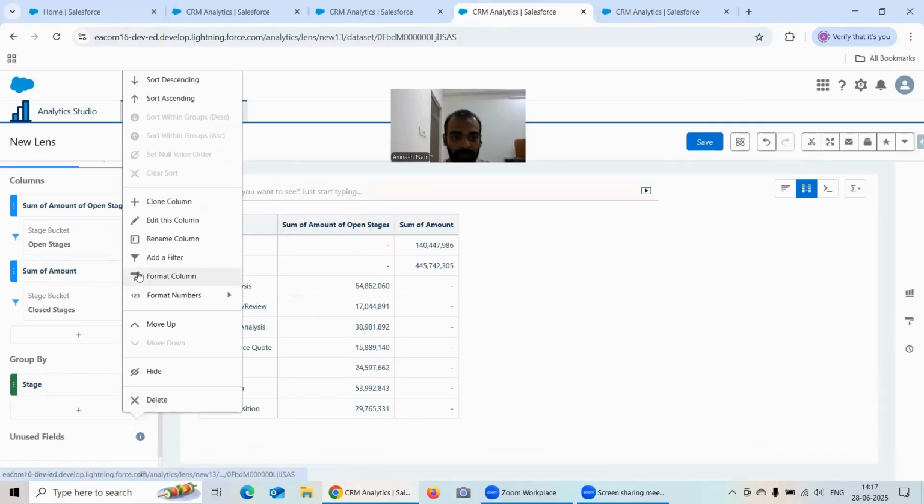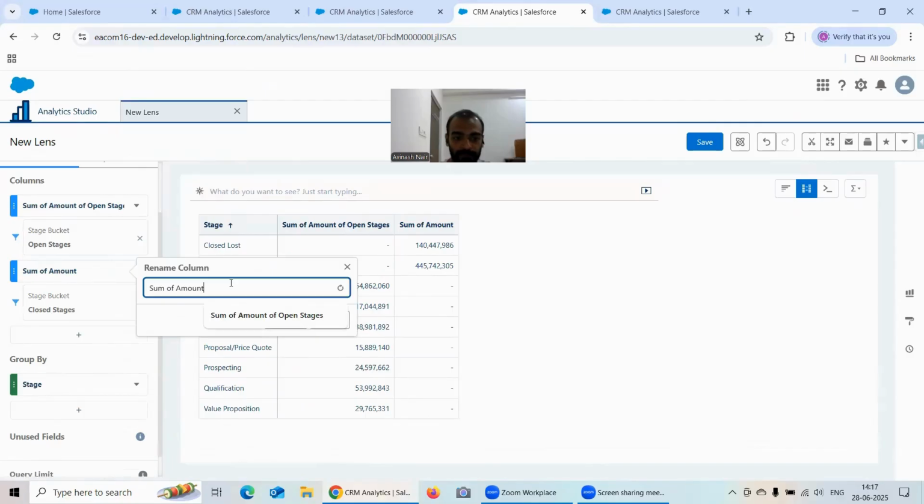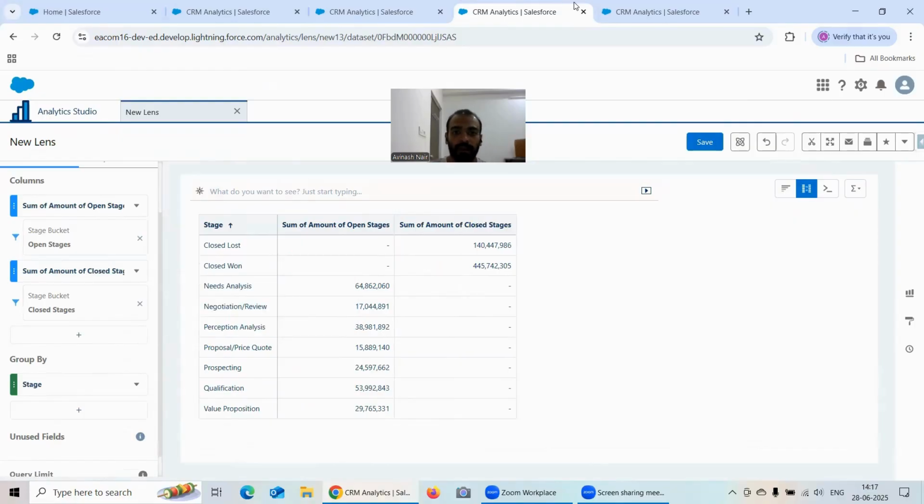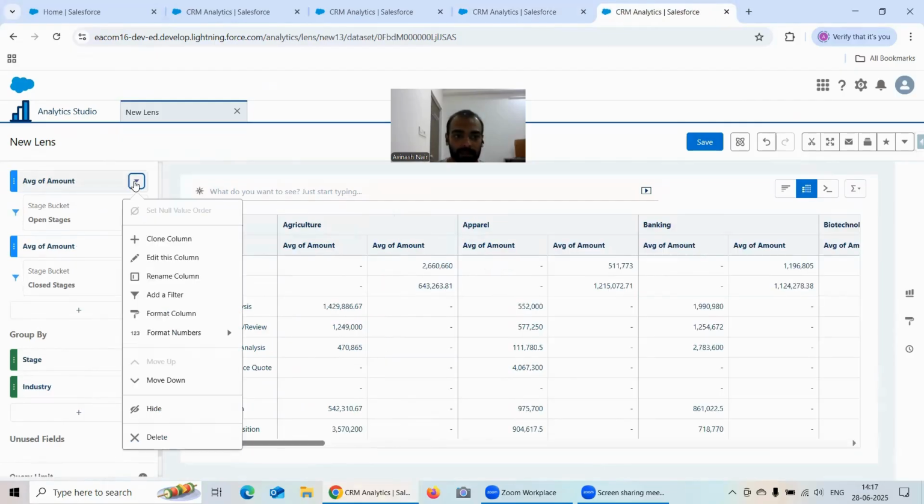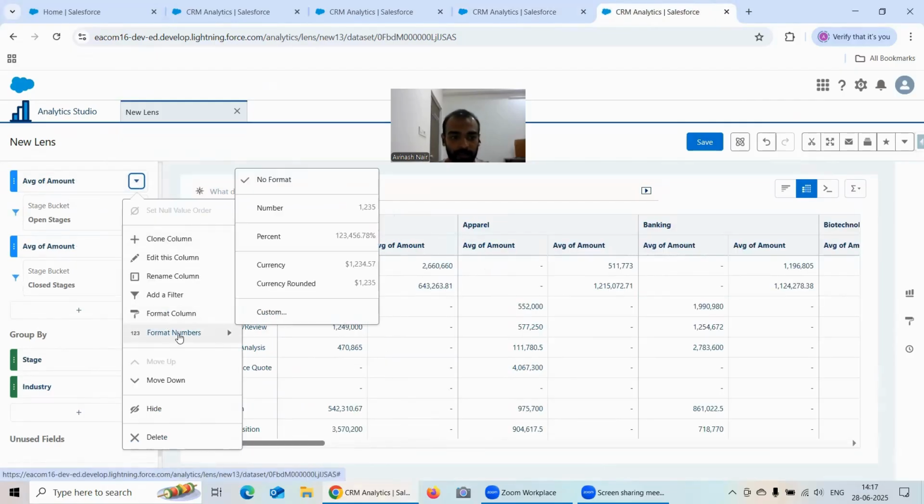Same thing I can do over here, sum of amount of closed stages. And same thing maybe I can do over here as well, sum of amount of